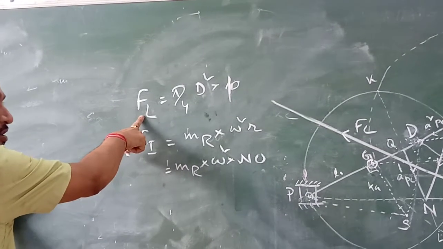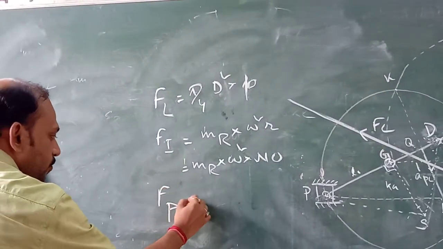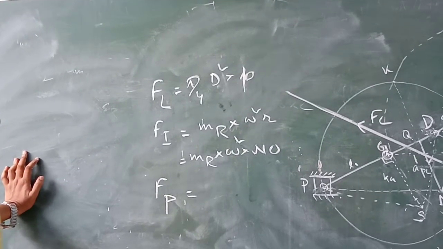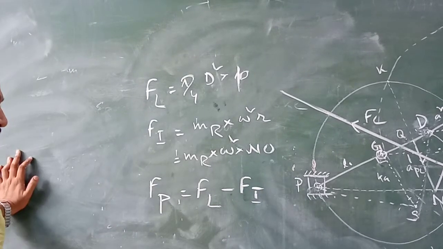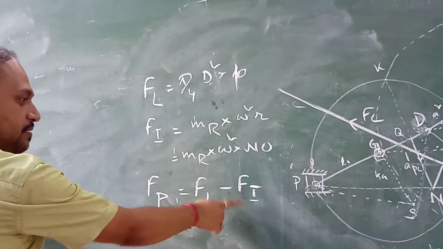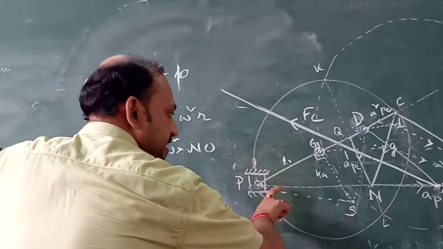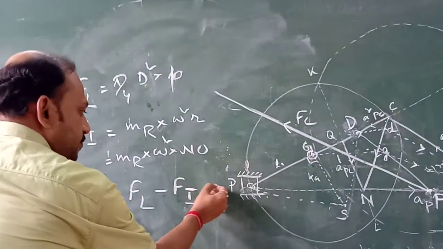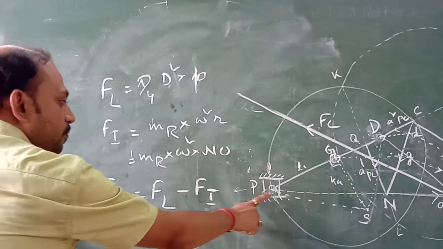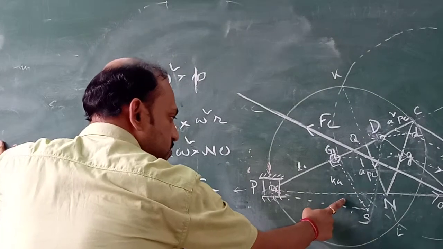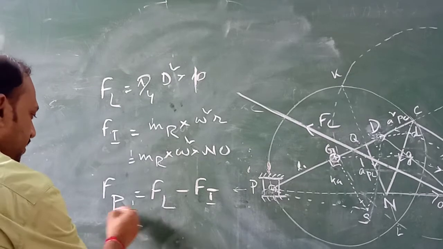The load on the piston or the axial thrust on the piston can be calculated by this formula. So if I say what is the net pressure on the piston, Fp, that will be equal to Fl minus Fi. Fine? Fl minus Fi. Why minus Fi? Because now the acceleration is acting in this direction, so the inertia force will be acting in the opposite direction. So both of them are having two different directions of motion. Otherwise, if it would have been a case of acceleration, then both of them would have been positive. Okay. So this is Fp.